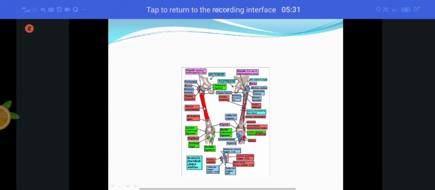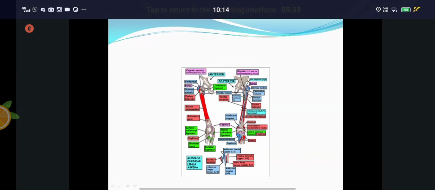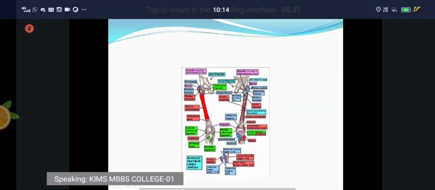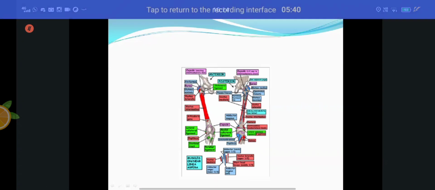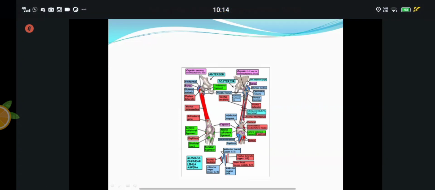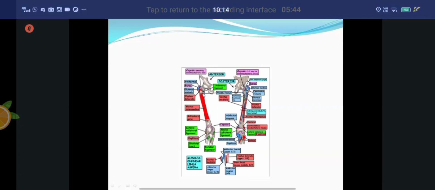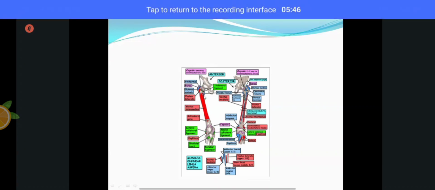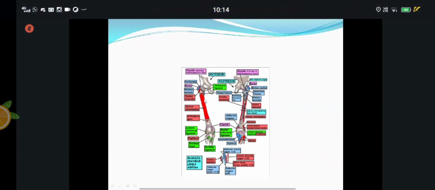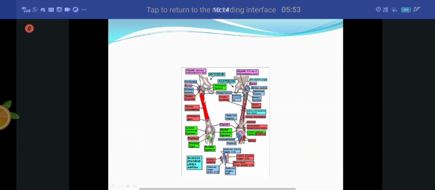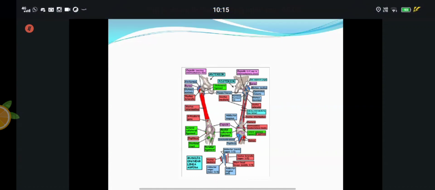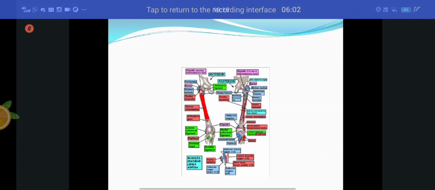The vastus lateralis gets its origin from the upper part of the intertrochanteric line and from the lateral lip of the linea aspera. The vastus medialis gets its origin from the lower part of the intertrochanteric line of the femur and from the medial lip of the linea aspera. So these are the origins of three muscles. In one word, the vastus lateralis, vastus medialis, and vastus intermedius get their origin from the femur.